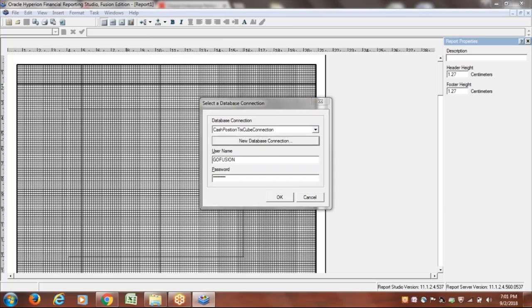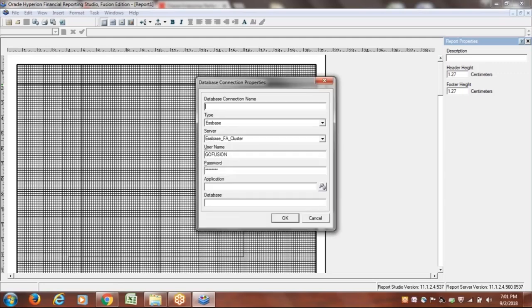on the sheet. Now system will ask us to connect to the database. Here database is nothing but we have to connect to our chart of account structure instance. So click on new database connection. Here you can provide the name. For the instance we are using and the environment we created with GoFusion, we don't have enough data. Okay, so we'll go with the other instance, chart of account structure instance, in which we have